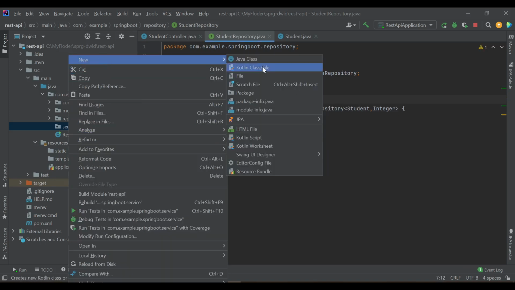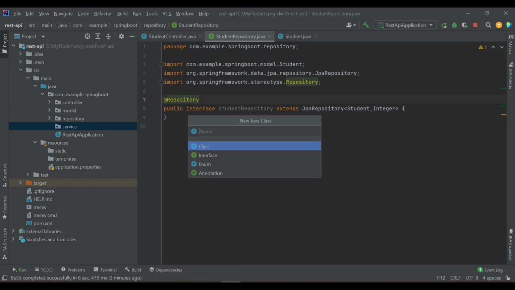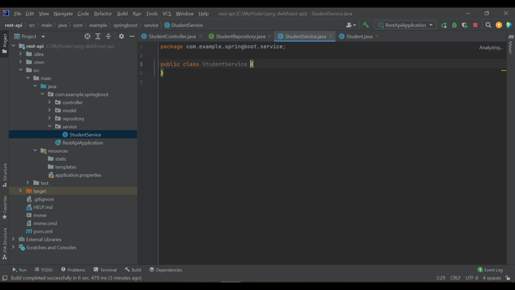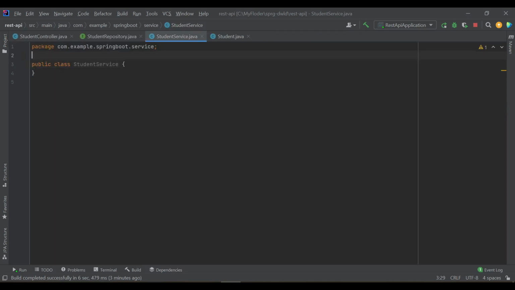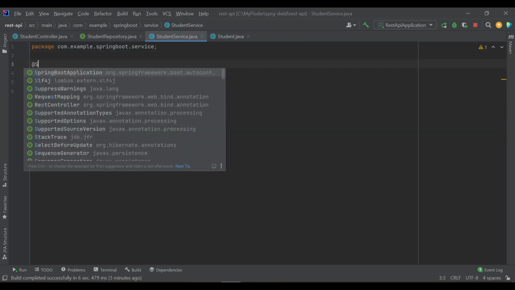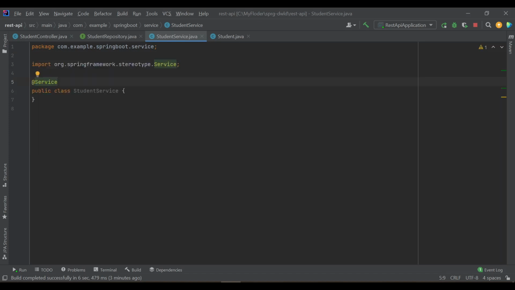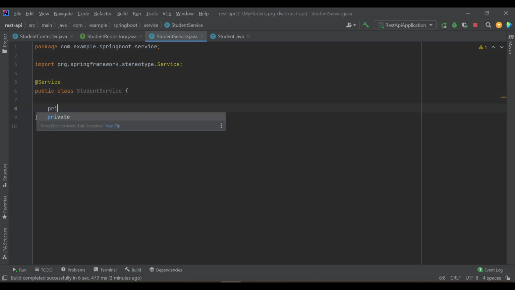So inside the service, we'll create a new class called student service. Okay. So let's mark it service, and this service layer will communicate to our controller. I need a dependency of repository.